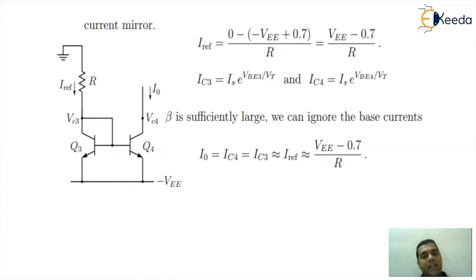So why is the circuitry named current mirror? Because the circuit is designed such that the reference current should be equal to the output current IO. That's the reason the term current mirror came into picture. Now, the second property of the current mirror circuit is that whatever current is produced by the network will normally remain constant. And that's the reason current mirror circuits are also called constant current sources.